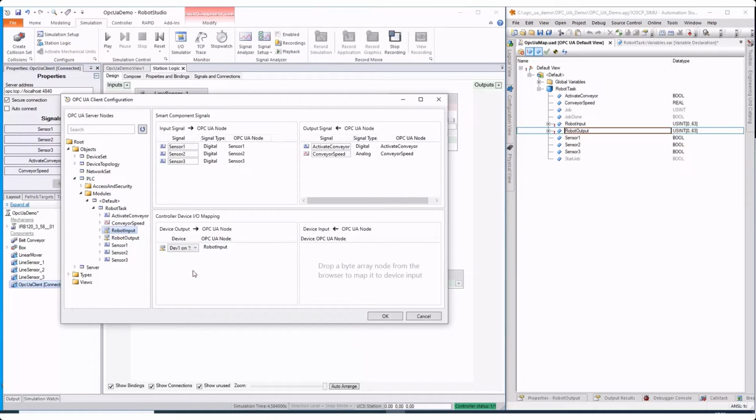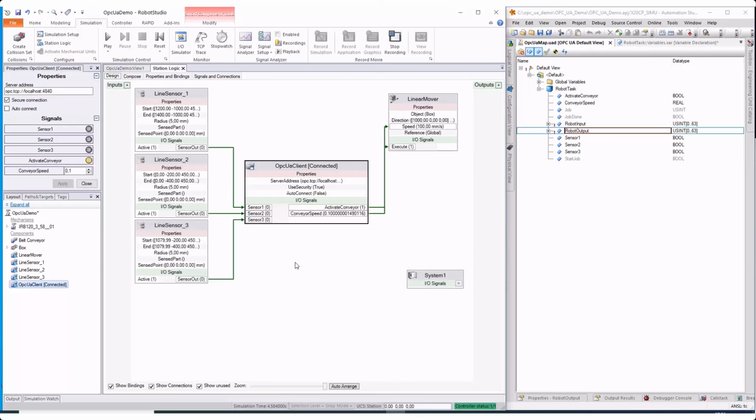Drag robot output to the device input list and select dev1. Click OK to close the configuration window. The controller device I/O mapping is not displayed as individual signals on the OPC UA client smart component, but the input and output of dev1 is still synchronized with the robot output and robot input variables.